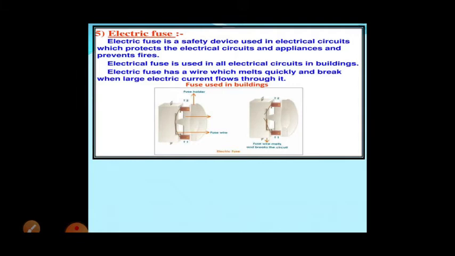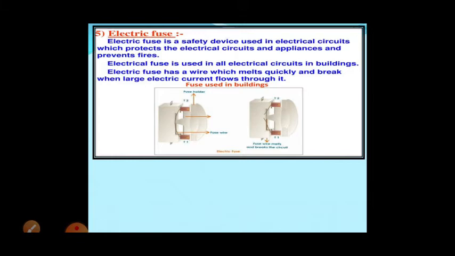Then this is a most important thing. As we know, when electric current flows through an electric wire, it gets heated. Sometimes, due to high voltage or a long time, or a short circuit, it can happen, and due to short circuit some burning incidents also happen.